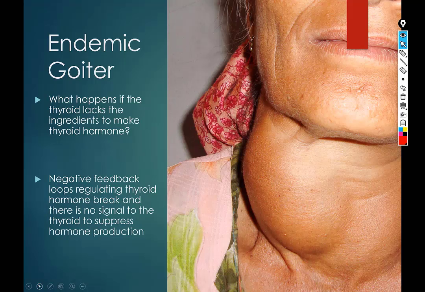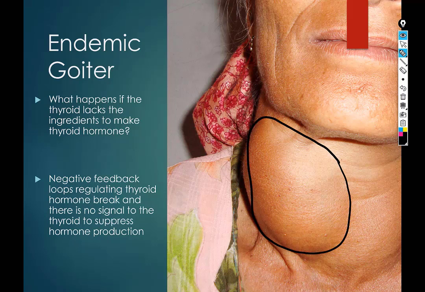Okay, so this is a person's neck. And this large mass here is what is called an endemic goiter. This is not fat and it's not a tumor. This is the thyroid gland. Specifically, we call it a hypertrophic